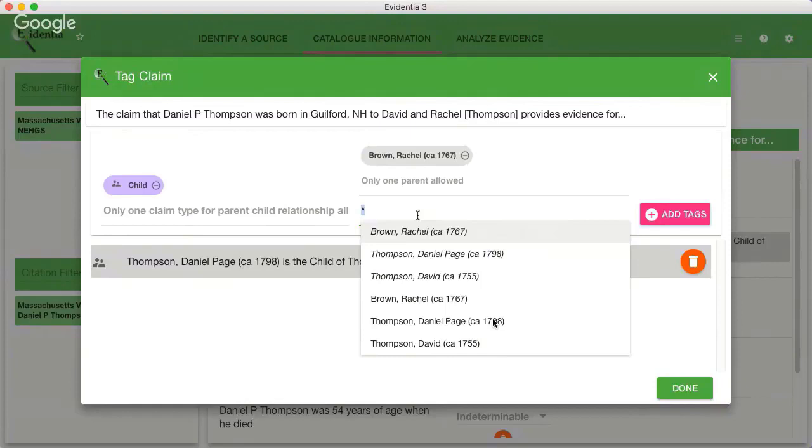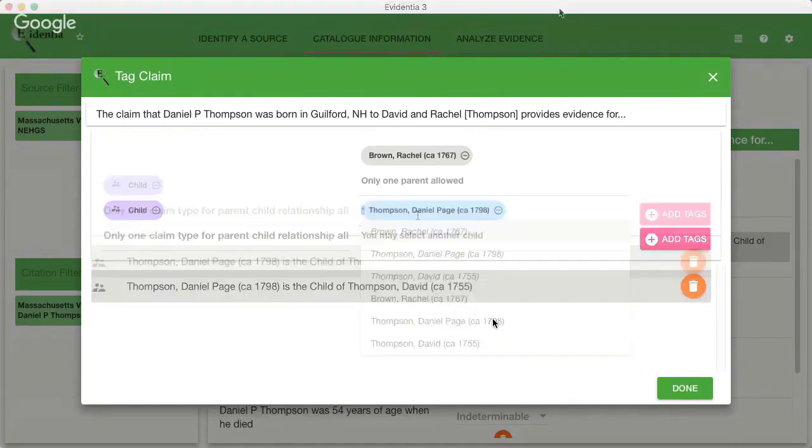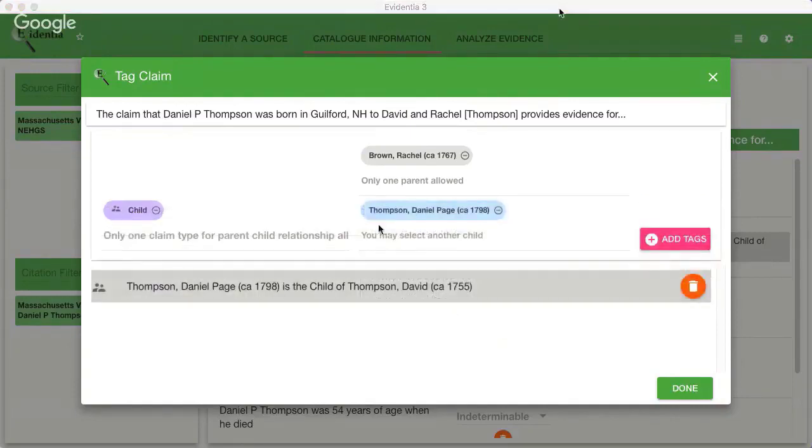choose a parent. Here I've chosen Rachel Brown because I believe Rachel Thompson is Rachel Brown, and I'm going to select her. So child, and now I'm selecting Daniel Page Thompson. You'll see here I've got child. Here's the parent. Here's the child. Notice he's blue now because I went in and updated his gender. And now when I add the tag,